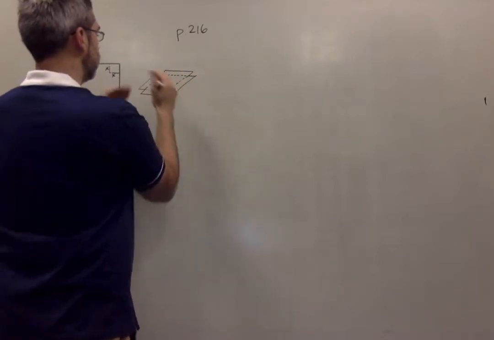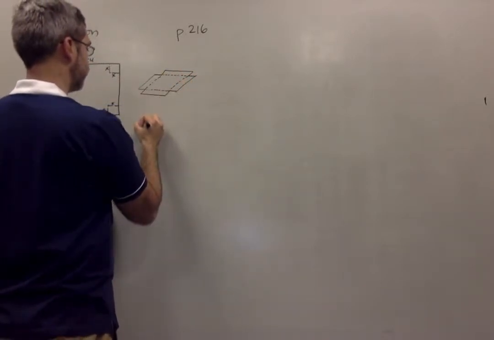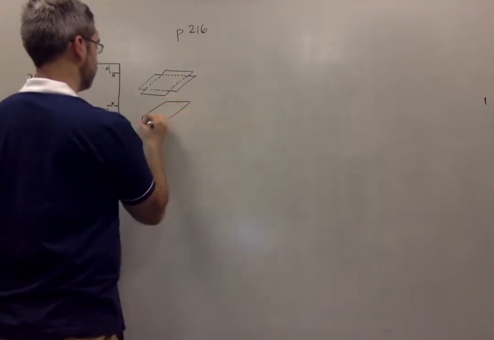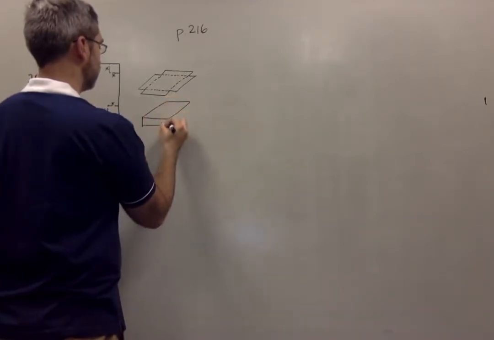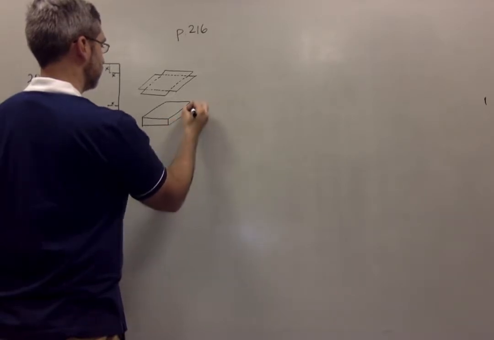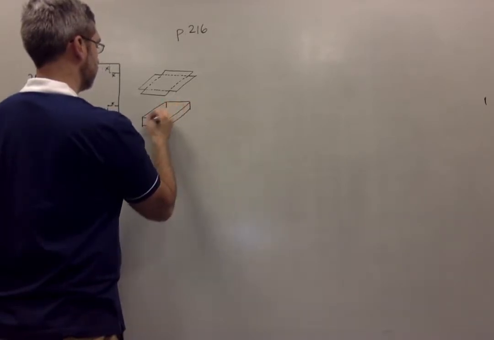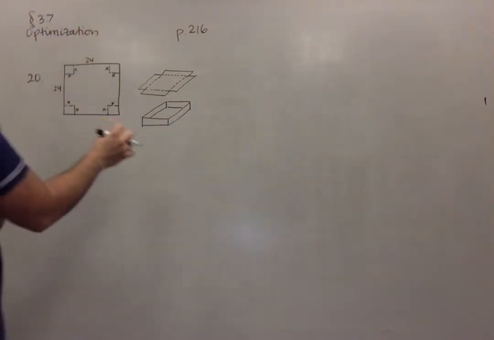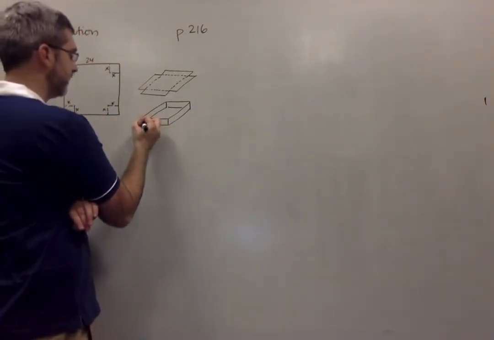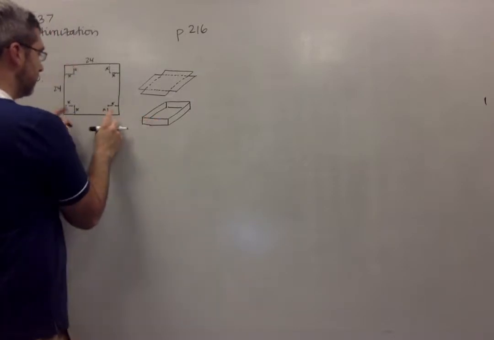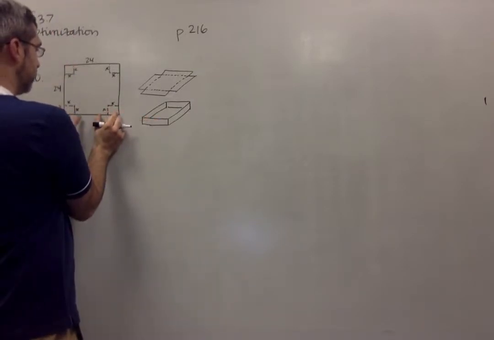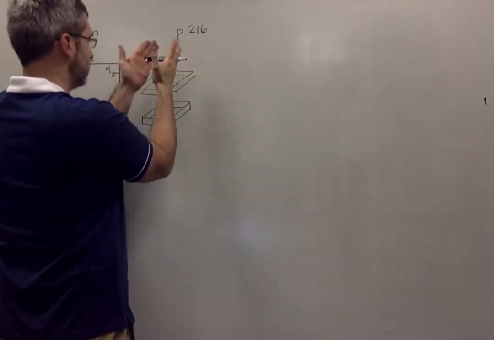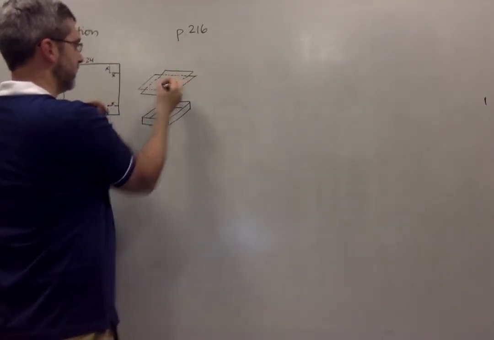And then we fold those edges up. Right? So we get something like that. Now, obviously, if we make these squares bigger, that's going to make the sides taller,